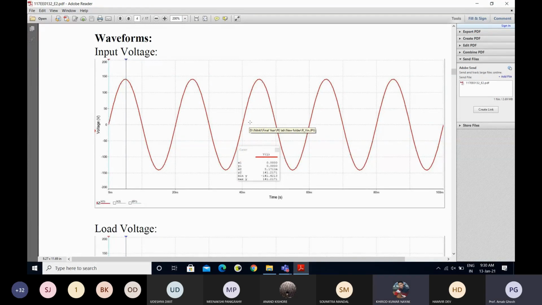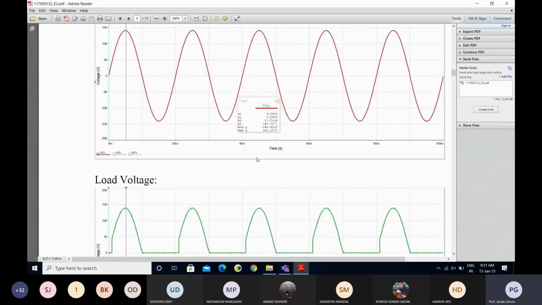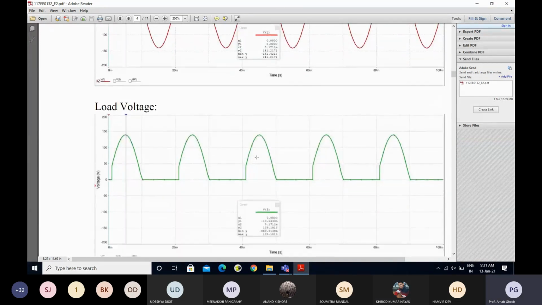The axis is minus 200 to 200. I am telling you to make the scale fonts bold, because they are not properly visible. Okay, the result is good.